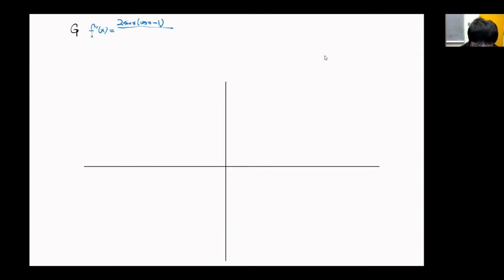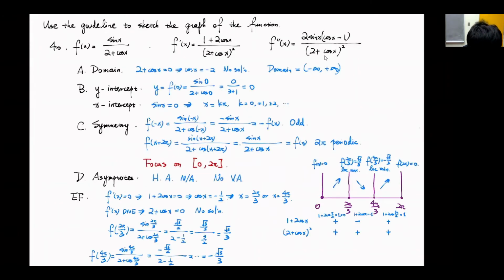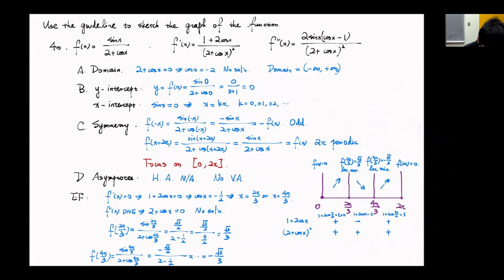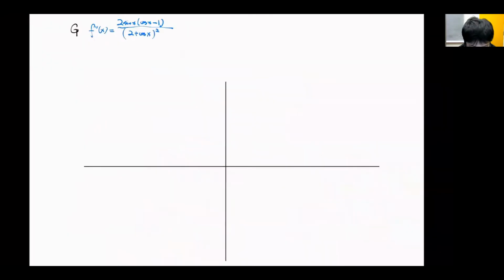So then divided by 2 plus cosine x squared. Is this a square or cube? Probably doesn't matter. Okay, it's square. Wait a minute, is it correct? Nope, it's not. So I think the problem statement is a little bit wrong. This should really be the cube, so it should be the third power of 2 plus cosine x in the denominator. Okay, fortunately we discussed that, though I don't think it's going to matter that much in our